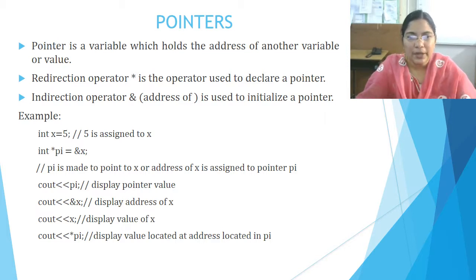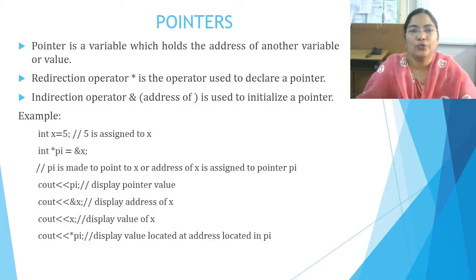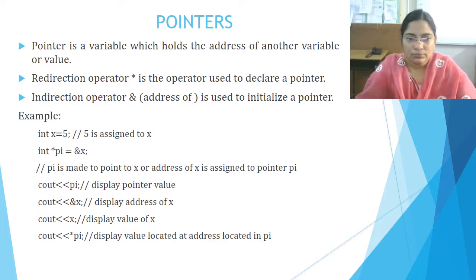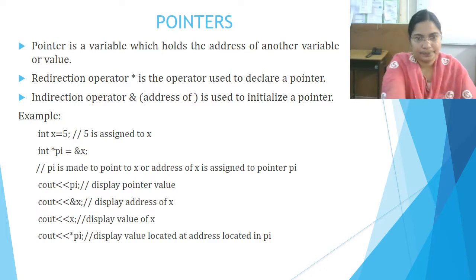Then if you display pi, what is pi here? Pointer. Pointer means what? The address of x is displayed. Is it clear? pi is nothing but the address of x only. So through the pointer variable, if you are displaying, we will display pi. If you are displaying through x, if you